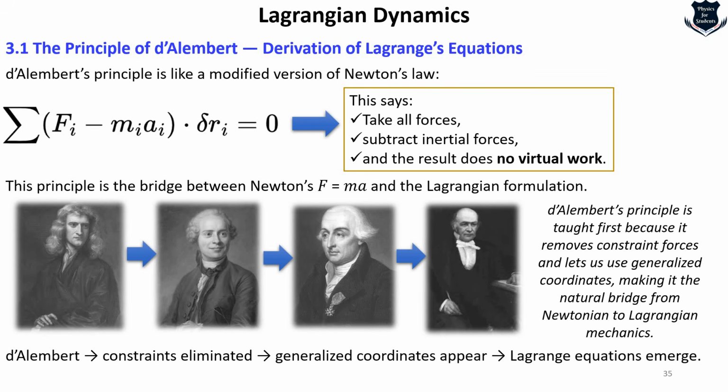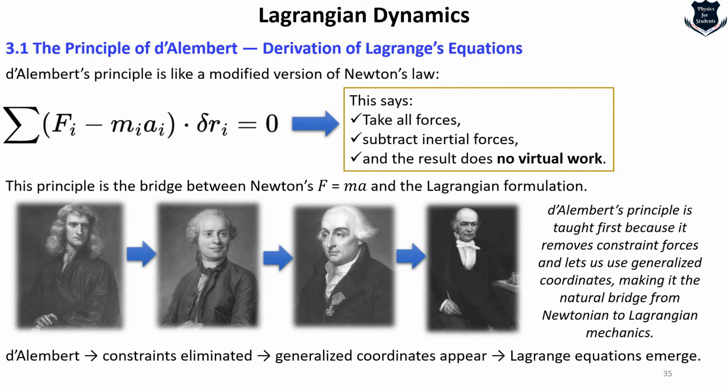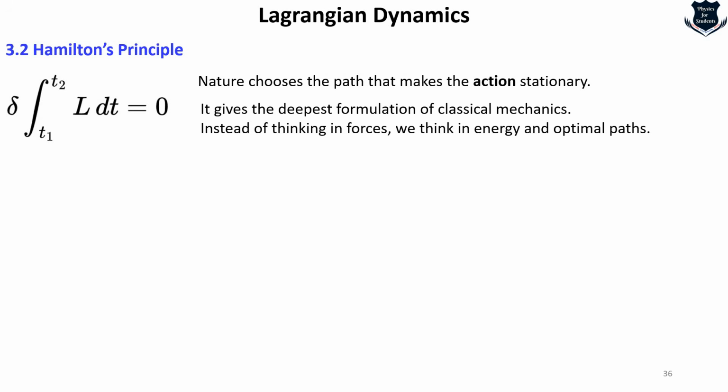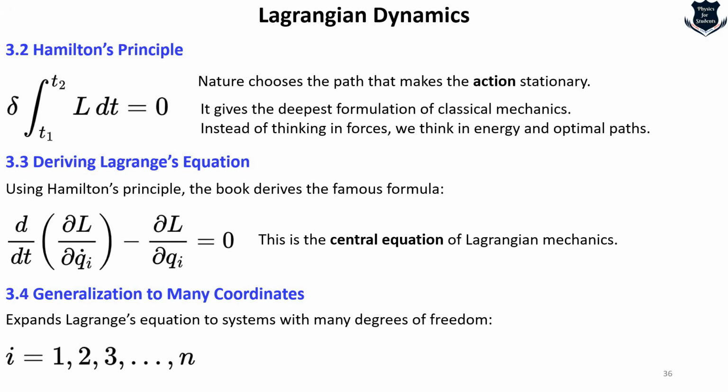So this is what it shows. This is pretty important, learning the D'Alembert principle, because from here you will understand that it is a modified version of Newton's law, and this will actually lead to the Lagrange equations. The book talks about Hamilton's principle, which I'm not going to talk about. You already know about this: action principles and nature taking the least action path, deriving the Lagrange equations, and generalizing